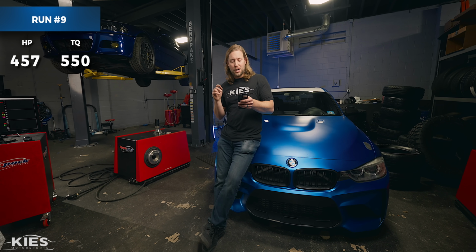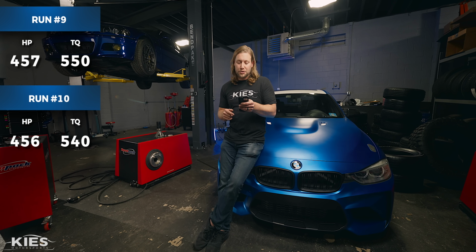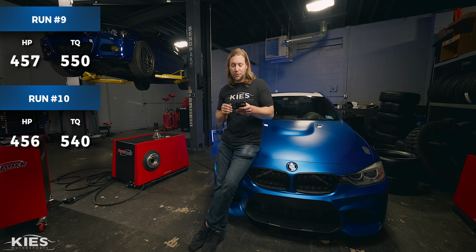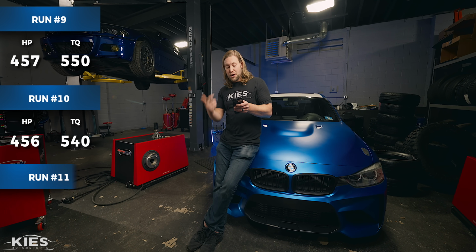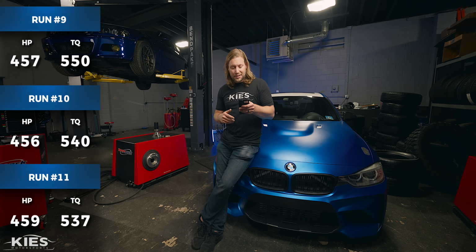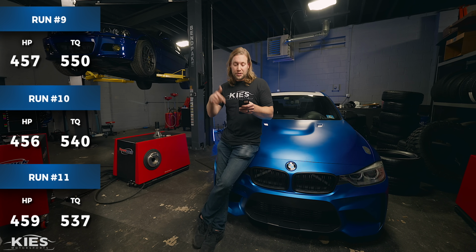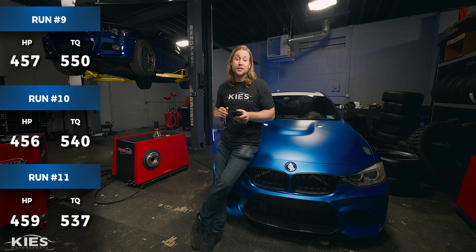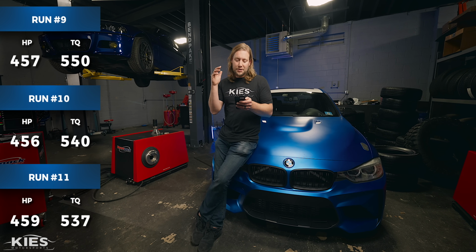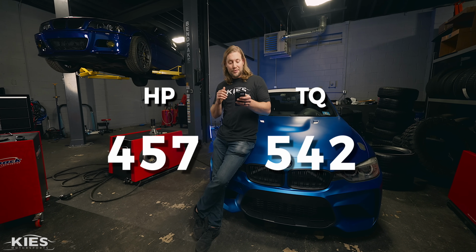Then the second run, we lost 1 horsepower. We went down to 456 horsepower again to the wheels, and our torque dropped by 10 to 540. Then on the third run, we gained a little horsepower. We went to 459, which typically happens. It goes up and down a little bit. 459 horsepower to the wheels, and then our torque was at 537. So when you average all of that together, it gave us an average of 457 horsepower to the wheels and